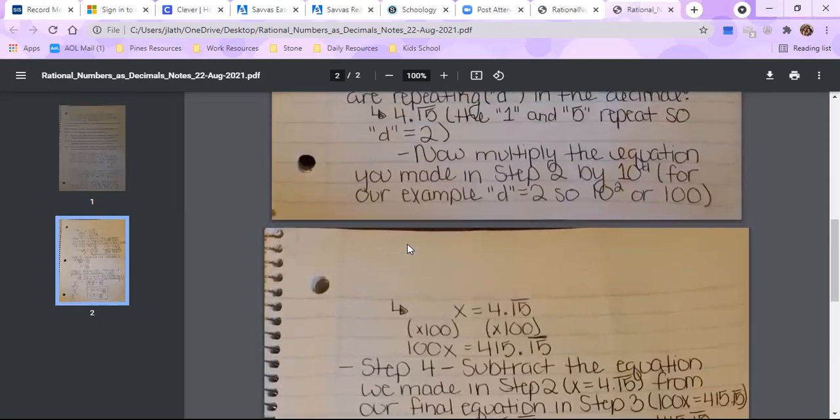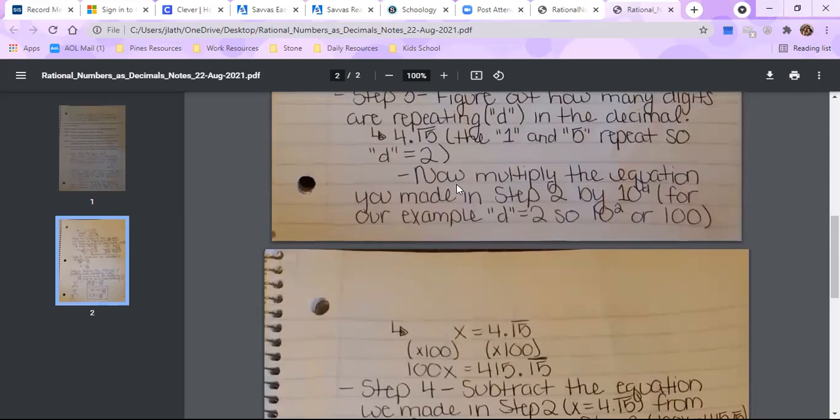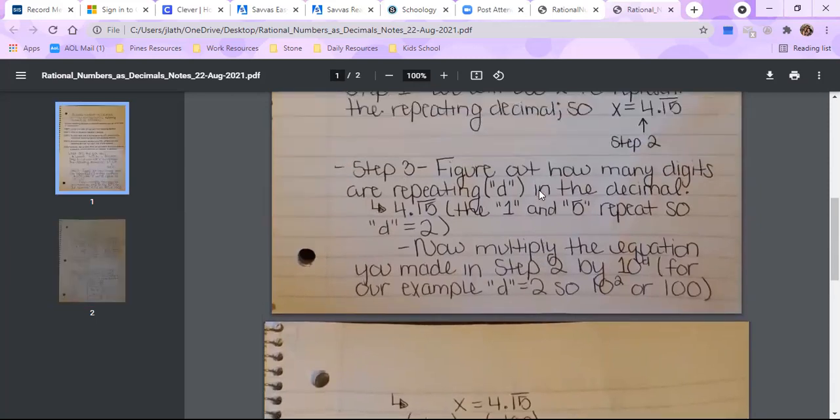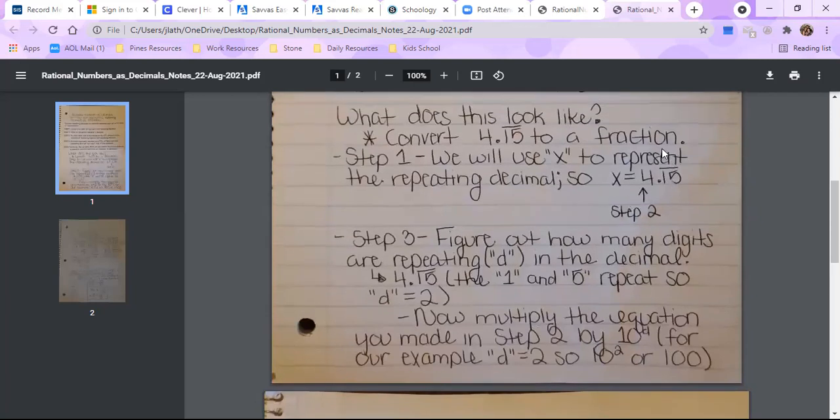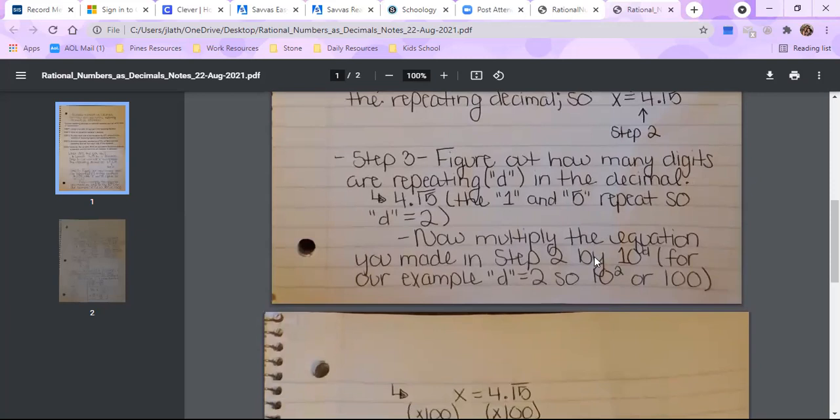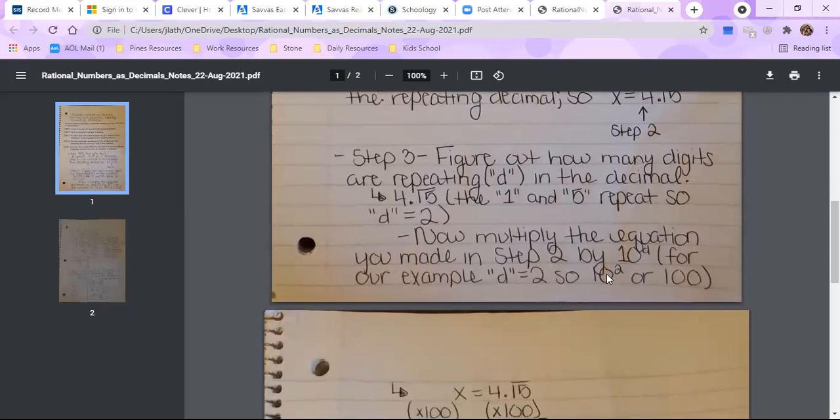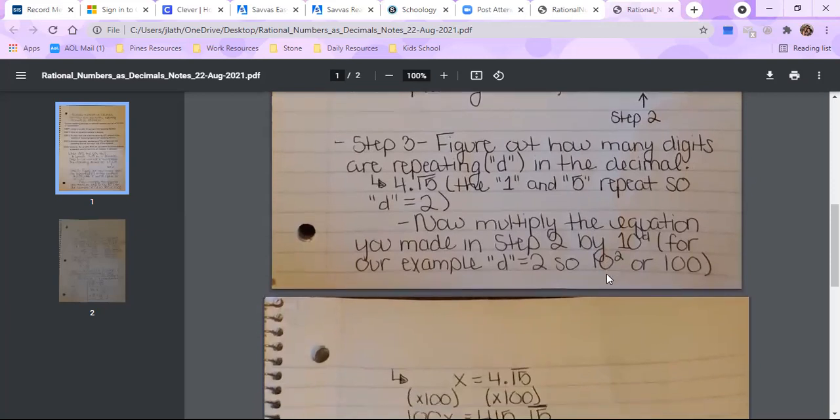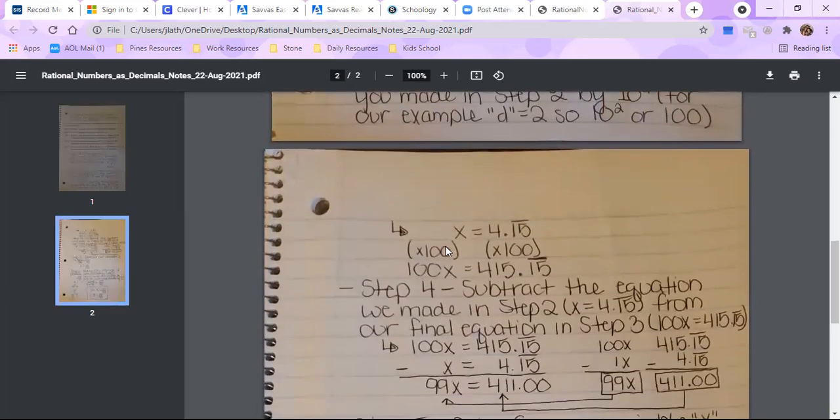Okay. So now we're going to multiply the equation in step 2, which for us was this one here, X equals 4.15 repeating, by 10 to the second power, or 100. So you have to do both sides. So you get